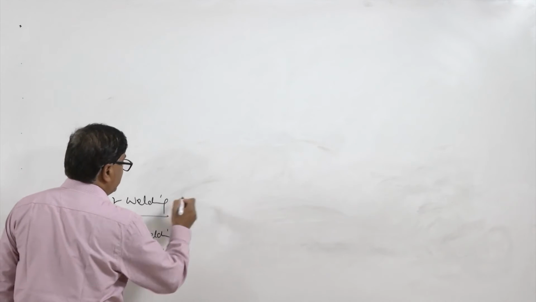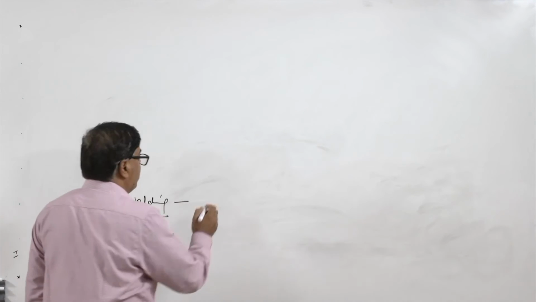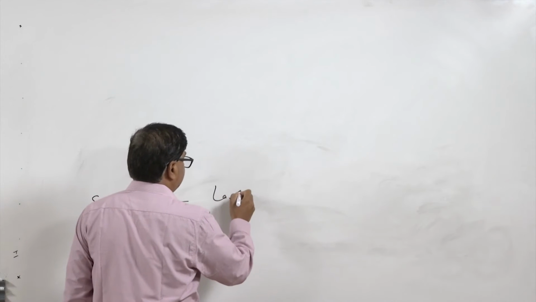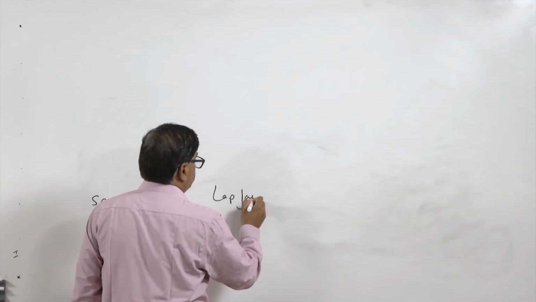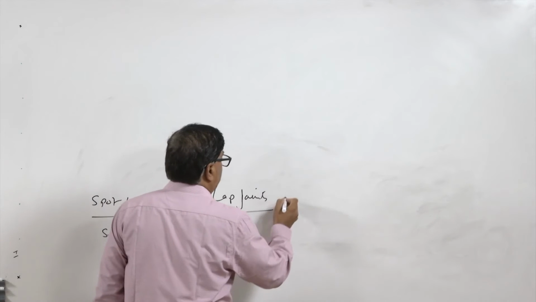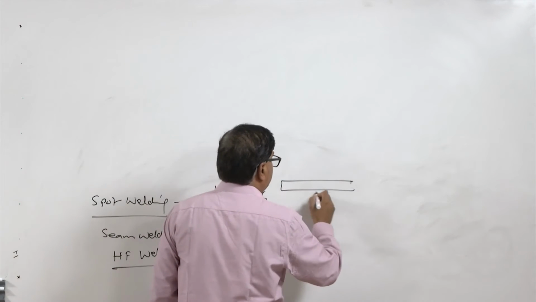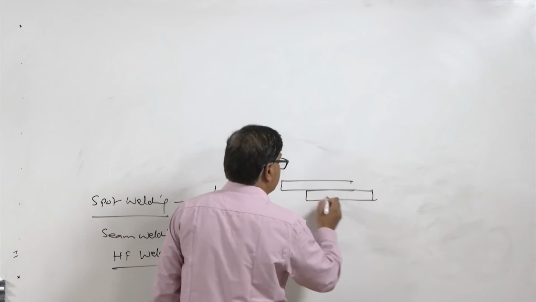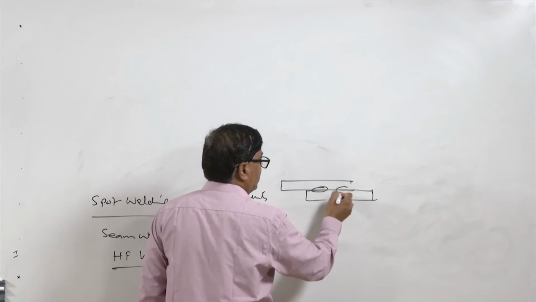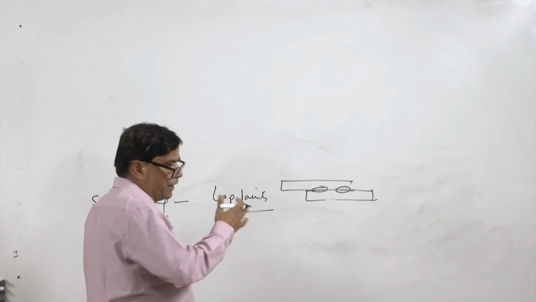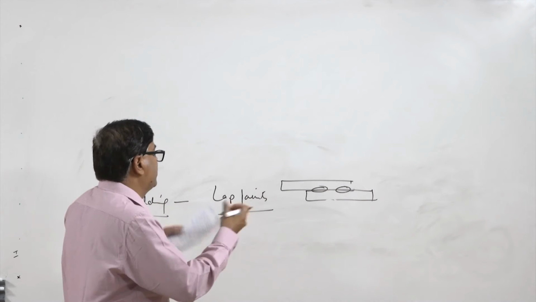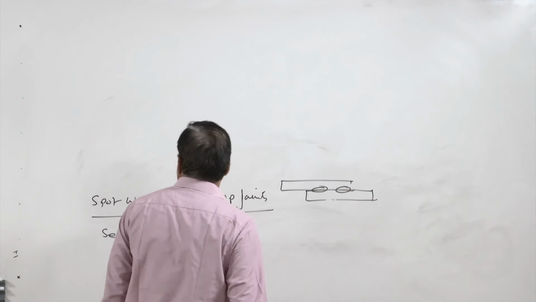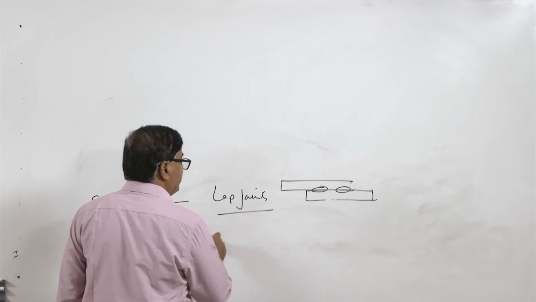So, spot welding is mainly used for developing the lap joints, and mainly the nuggets are formed randomly here and there in order to achieve the desired strength. Like one nugget is formed and another nugget is formed as required so that the required strength can be achieved. In case of the seam welding,